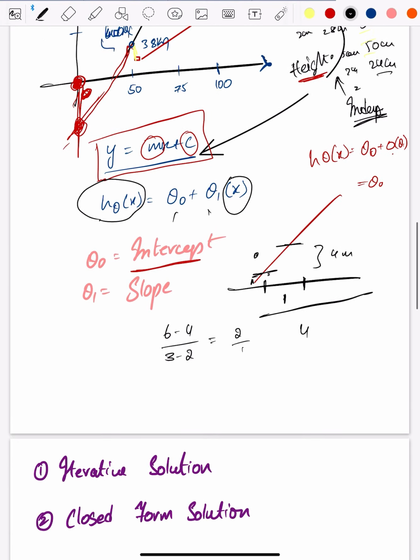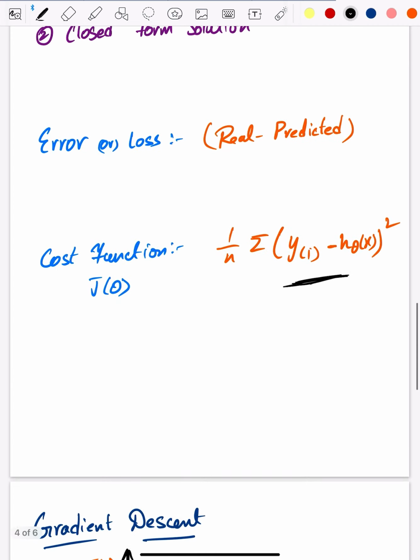Sometimes the point might be up, sometimes the point may be low. So by using that formula, it gives plus 2 or minus 2, but it doesn't matter for us. It's error. Plus 2 or minus 2, it doesn't matter for us. If you square it, you'll get 4. That's what we need. 4 in the sense that you are not worrying about the sign. You just need the unit 2. So that's why you will be squaring it.